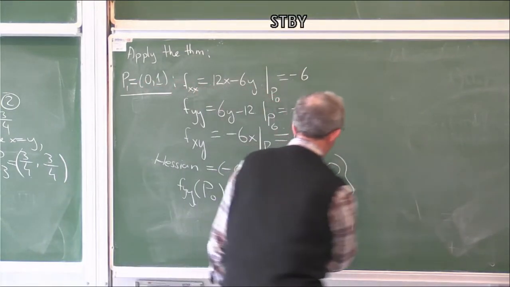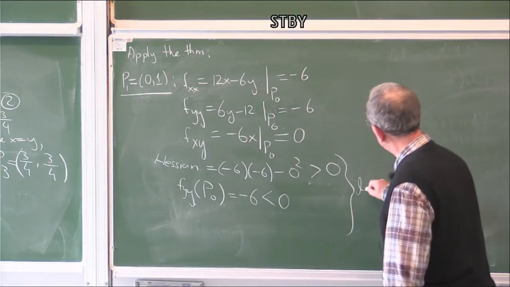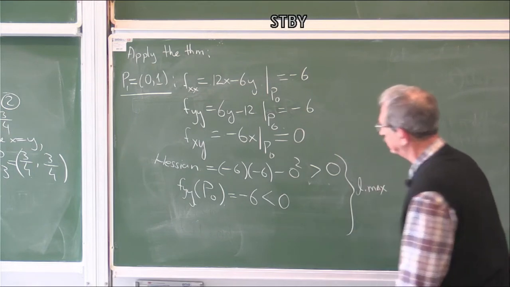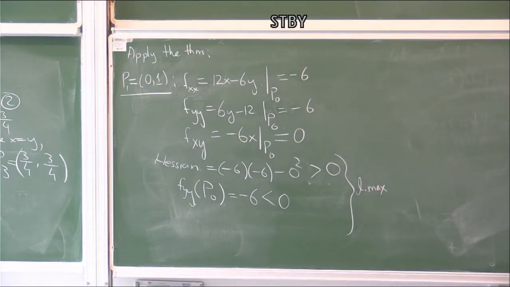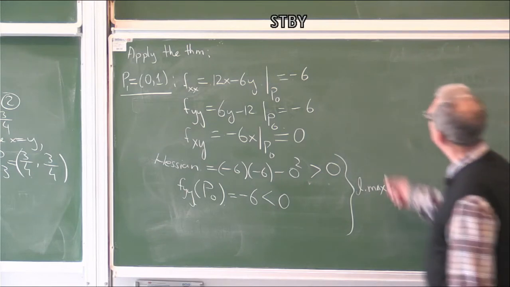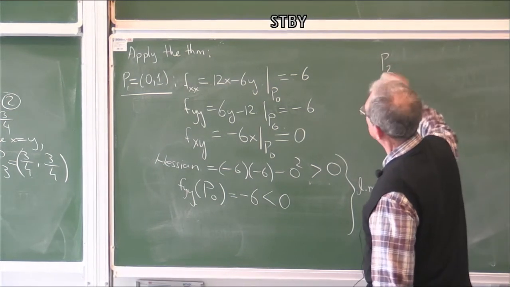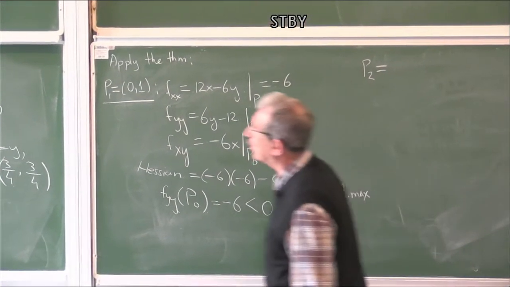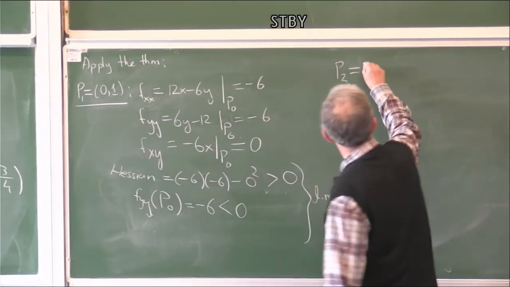Together, by the theorem, they say that we have a local maximum at P0. Now for P2, which was 0, 3,